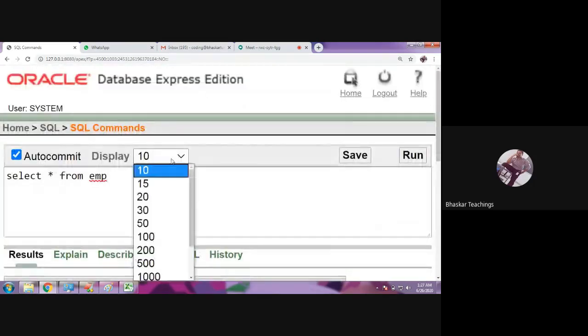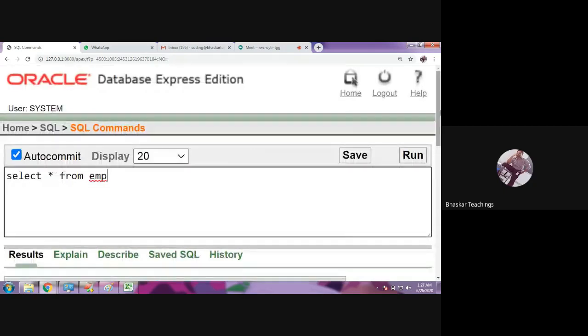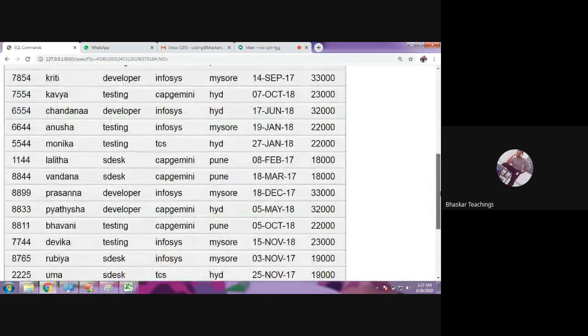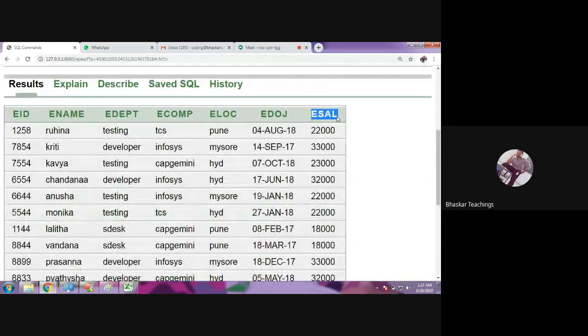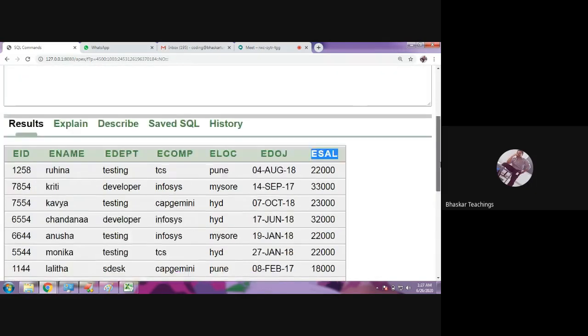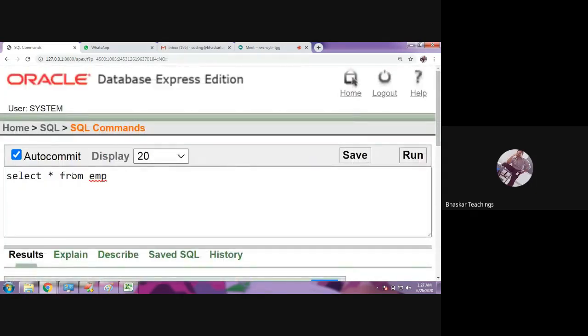Fine. Okay, so here we have 17 records in the emp table. Here we have the salary column, some 22,000, 33, 23, 32, 22, 22, 18, 18, and so on. Okay, so let me choose only the salary column, esal from emp.